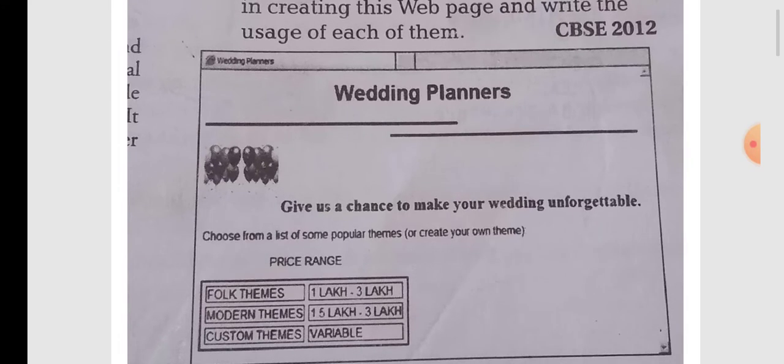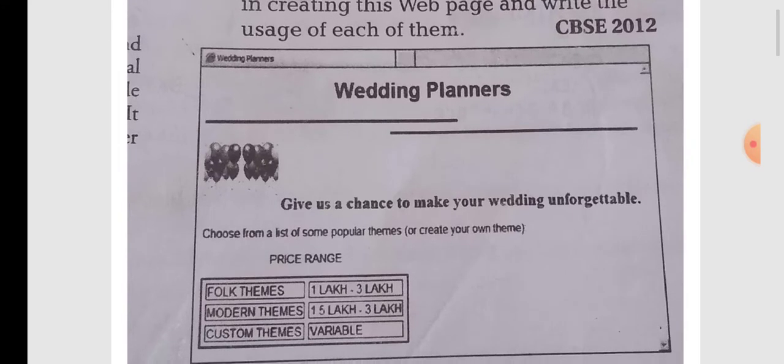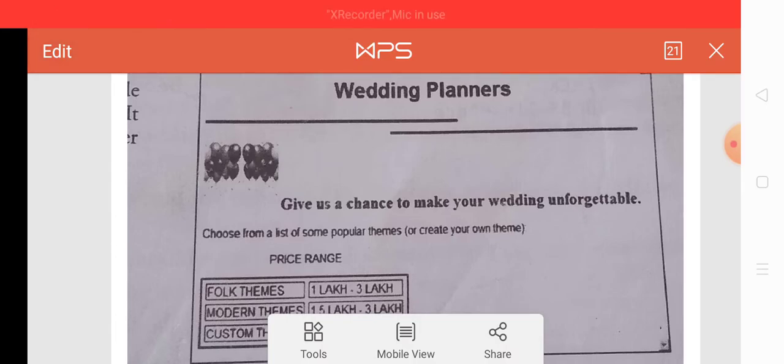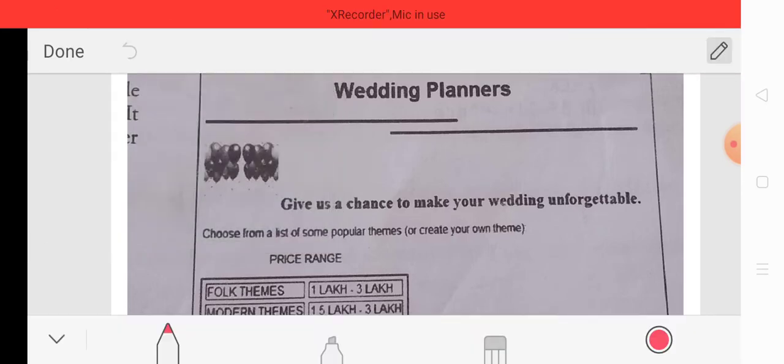You can easily see here, first of all, the title of the web page is there. After that, you can easily see that a heading is there, an image is there, and again a small heading is also there.